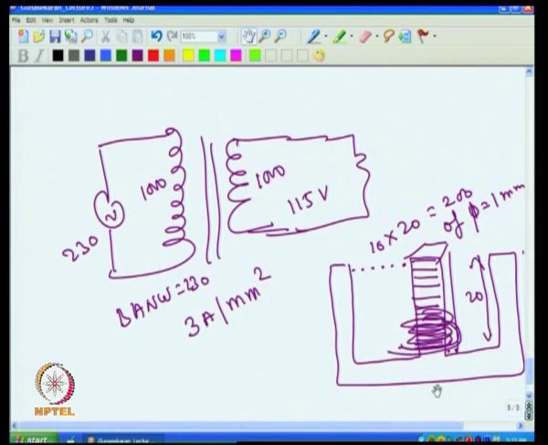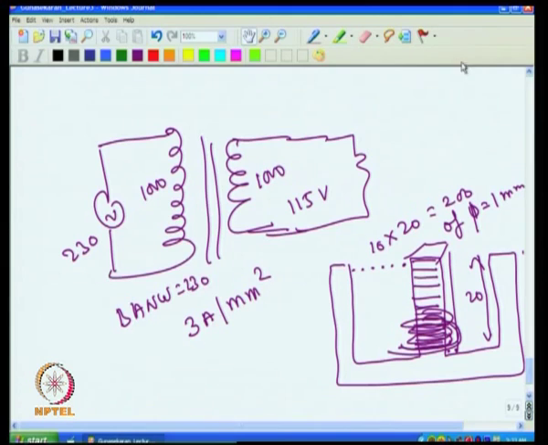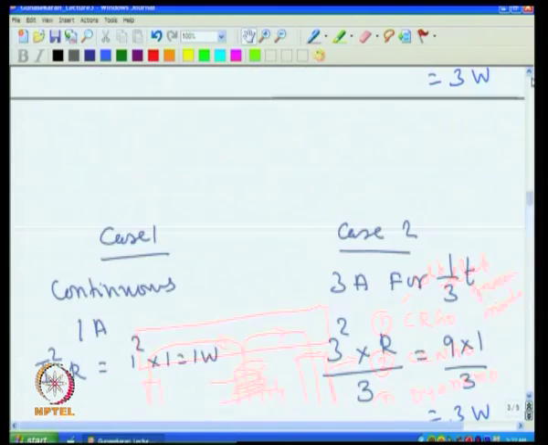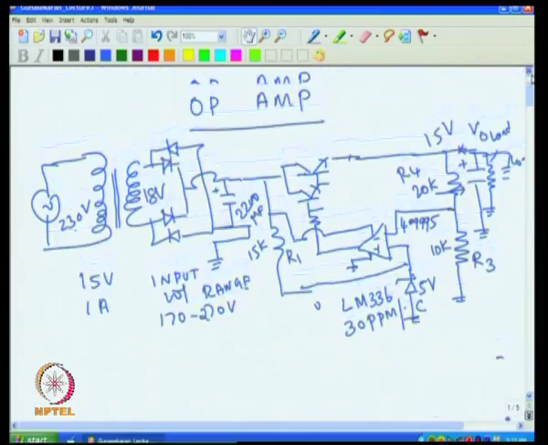Once you know how to design the transformer, then of course, you can either design it or get it done by giving the spec. Nevertheless, for a regulator to work, we have to fix the transformer first, and you can do it either way: either you design it or you buy it. Now, if you go back to our actual design of the regulator, then another issue that we have to see would be how to select the